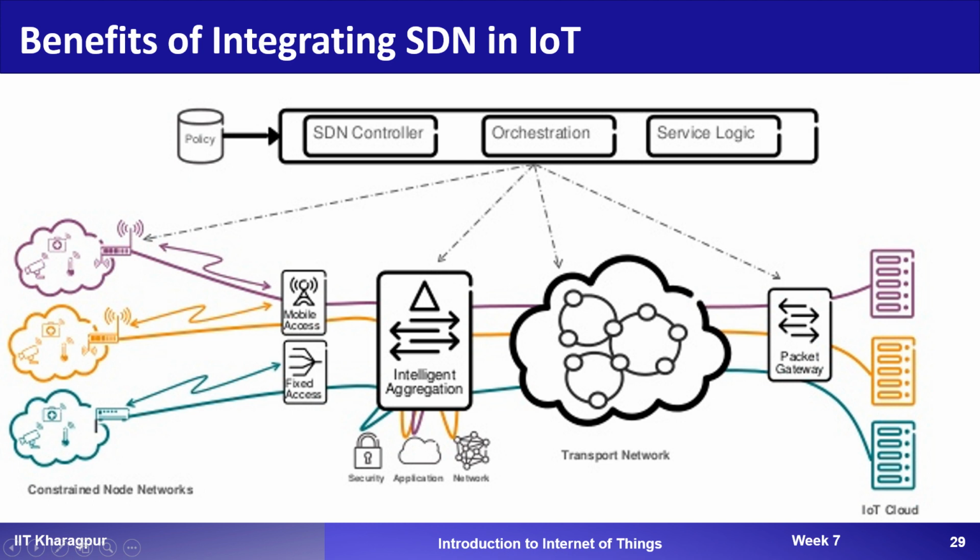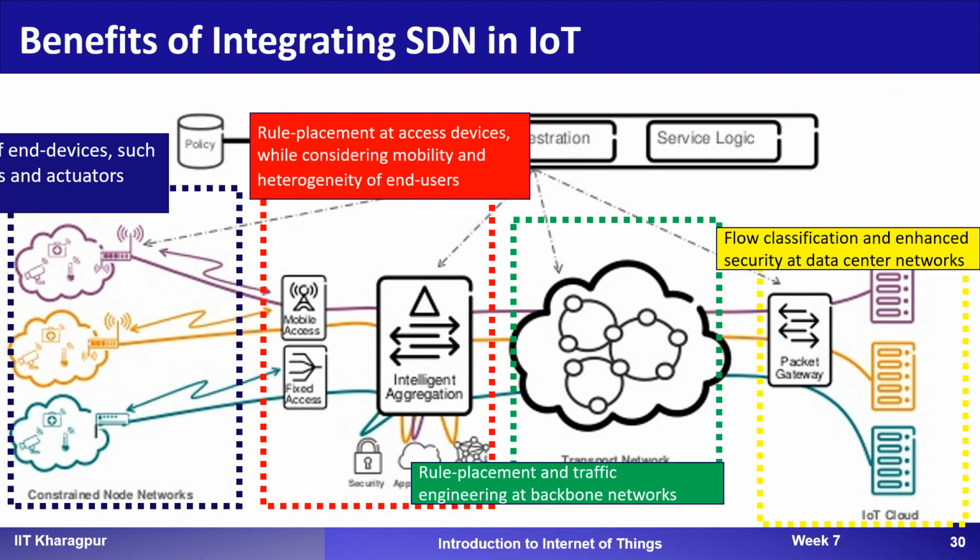Then further your aggregation of data is done. Then this is further stored at your IoT cloud. Now we are integrating SDN with your IoT. Now we need to think at which place we have to place the different components of your SDN. So this is the figure showing that at this particular